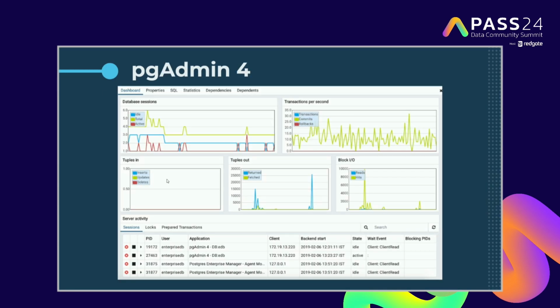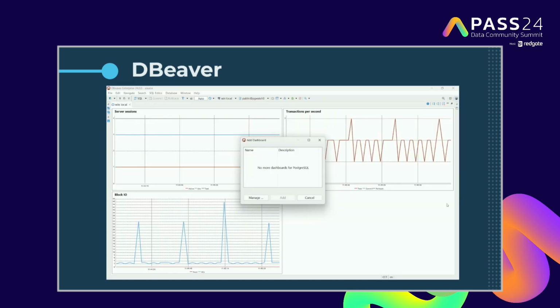There are two graphical user interface applications, pgAdmin and DBeaver. They have the simplest dashboards. They are not really for monitoring, but just to give you an idea of how your server, how your database is working. DBeaver only has 3 dashboards, but the thing is, it's open source, so you can add more. And since we are able to write queries to get the information from the statistics collector, we can build very